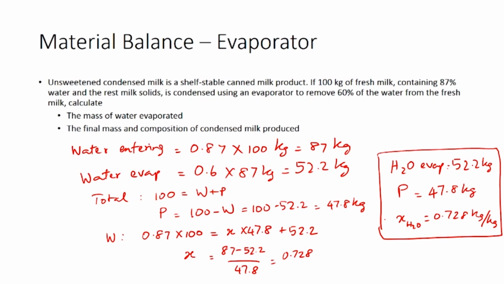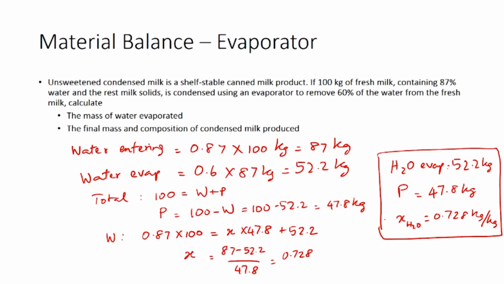Let me walk you through my balance equations one more time, so that there is some clarity. So, the total mass balance was reduced to input equals output, because there are no reactions and there is no accumulation for a steady state process. So, we would have input which is 100 is equal to the summation of the two outputs, which are W and P, and the component balance for water has been written as mass fraction of water in the input stream times the flow rate of water in the input stream, giving you the total mass of water entering the system,